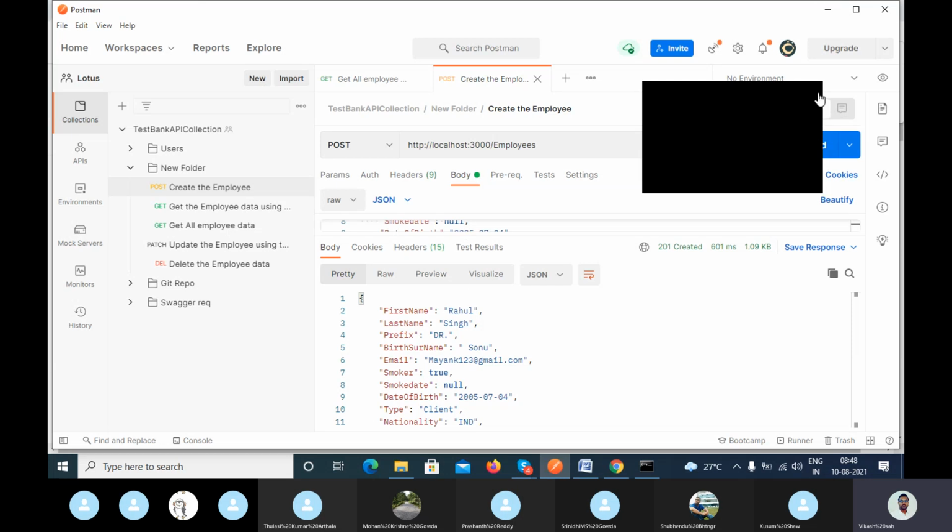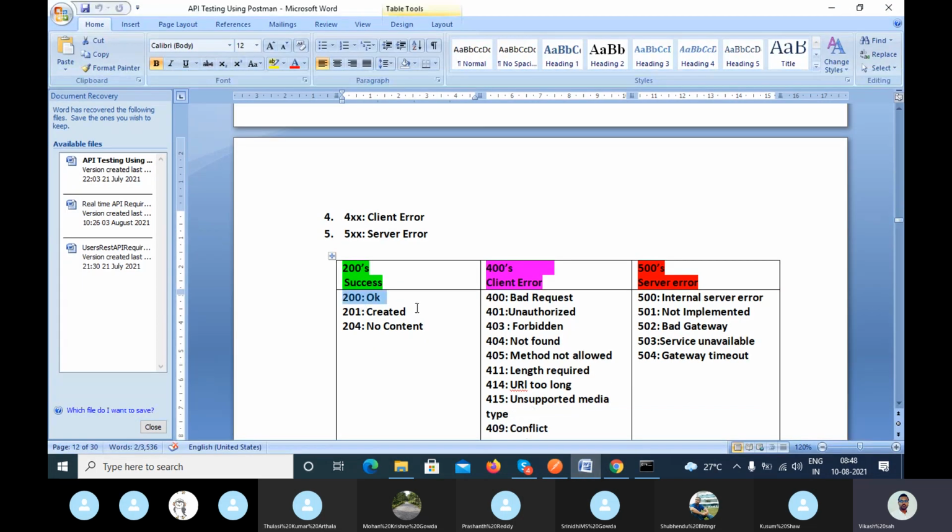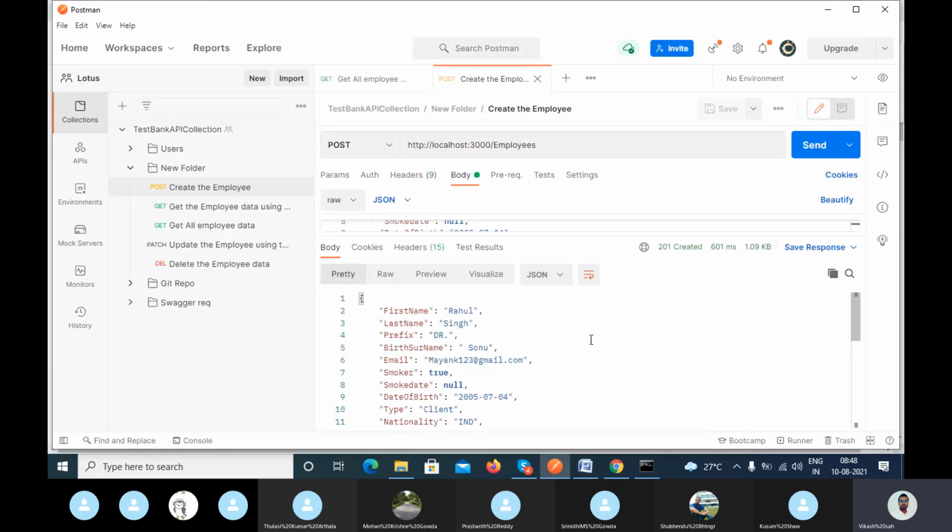So yeah, here you can see, when we are trying to create the data, 201 gets created, right? Here you can see we are doing a successful action, 201 created. So with 201, Created should be displayed. Now guys, I have one basic question which I have repeated multiple times in earlier classes.